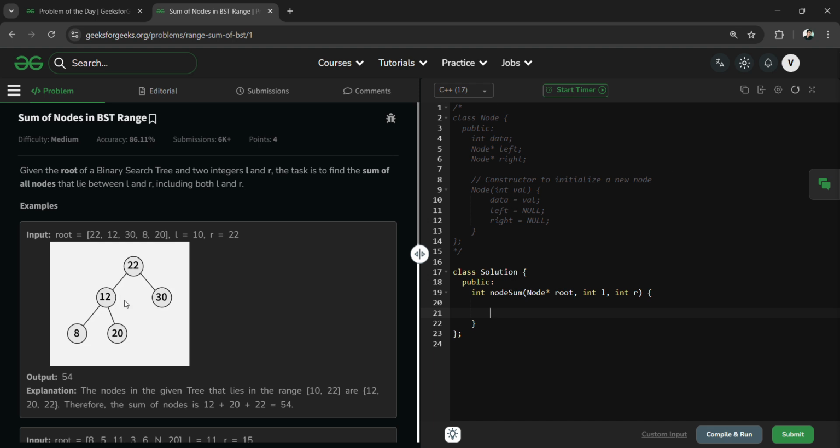Hey coding birds, so basically in today's GFG POTD we have a problem, sum of nodes in binary search tree range, and it is a medium level problem. And as the problem statement is given, the root of a binary search tree and two integers left and right. The task is to find the sum of all nodes that lie between L and R, including both L and